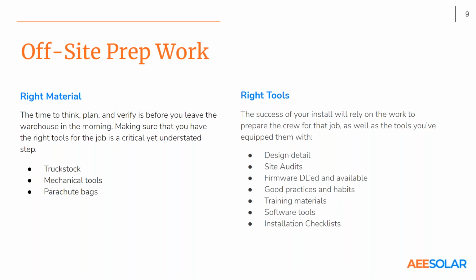Tools are critical to our success, and obviously we're talking about things like impacts and drivers, and saw blades, etc. But think about tools a little bit more broadly. The tools and the information that your crew is going to take with them. Design detail. Are your plan sets thorough enough that nothing is left to interpretation or question at the job site? Think upstream from there. Site audits. Has someone physically seen this property before you guys show up? Are there going to be surprises that we were talking about one the other day?